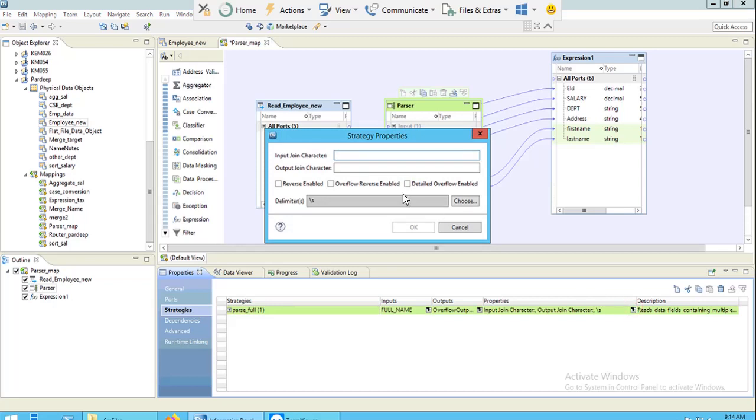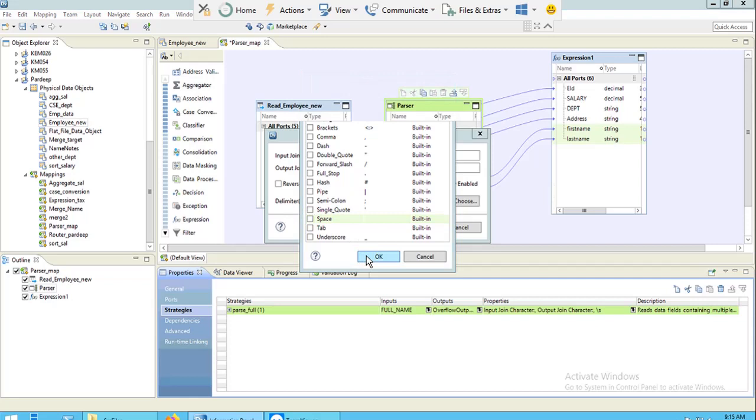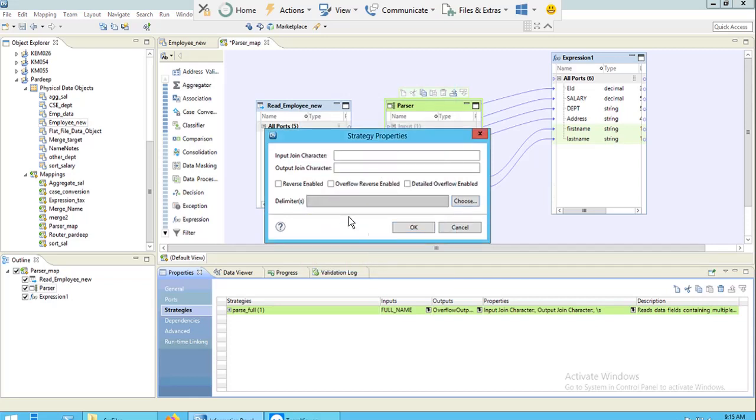Go to the properties. In this case it is joining two characters with the help of space. So we are splitting the first name and last name, but it is joining with the help of delimiter space. So I will remove this delimiter, or you can click here and unselect this.